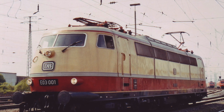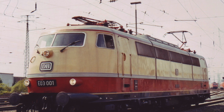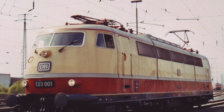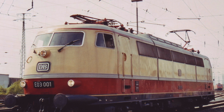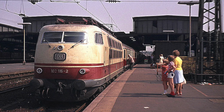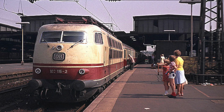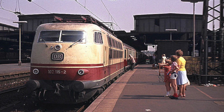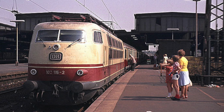As part of a study commissioned by the Deutsche Bahn, 4 prototypes were initially produced, and after some time spent experimenting and improving the design, a production version reached the Deutsche Bahn network in 1970. As soon as it was introduced, the locomotive quickly acquired the monopoly for all high-speed services in the intercity service in Germany. Here is a picture of our prototype in its original livery in 1976. It remained the flagship engine of the Deutsche Bundesbahn throughout the